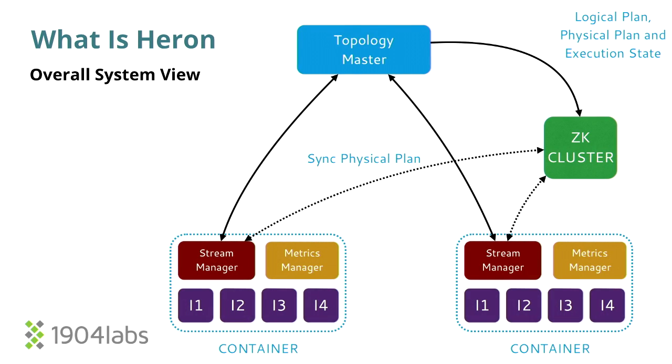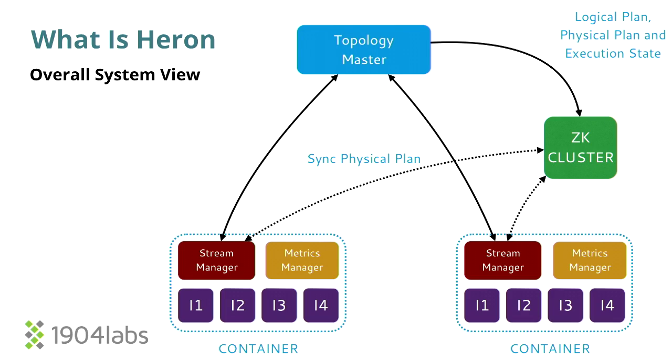And if you get into what actually makes up a topology, this is kind of a high-level, low-level view of what a topology is. Heron is nothing but a bunch of running topologies or a bunch of Heron jobs. And every topology is going to have its own topology master. And then down below, you'll see these data containers, which are these dotted lines.